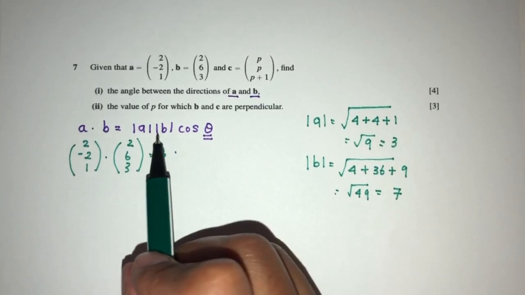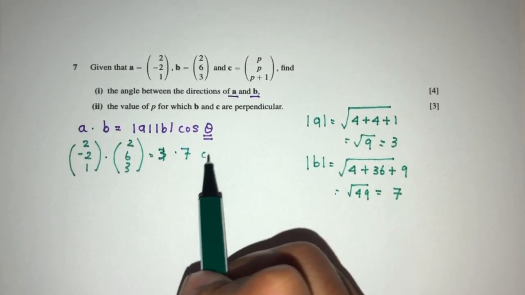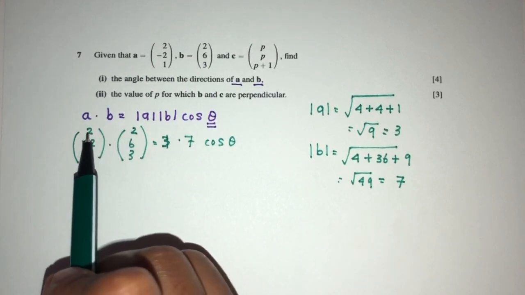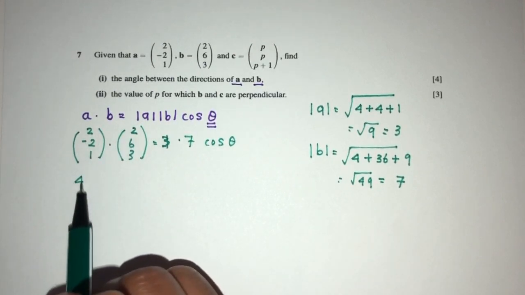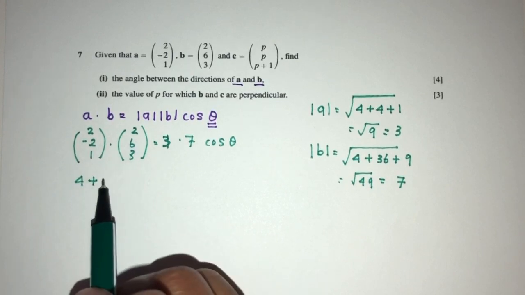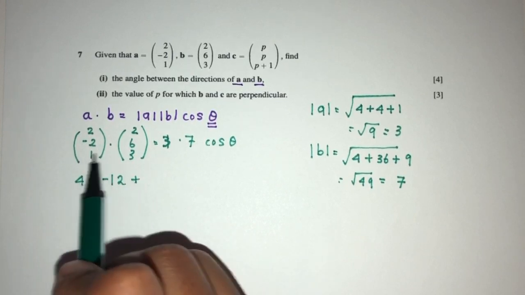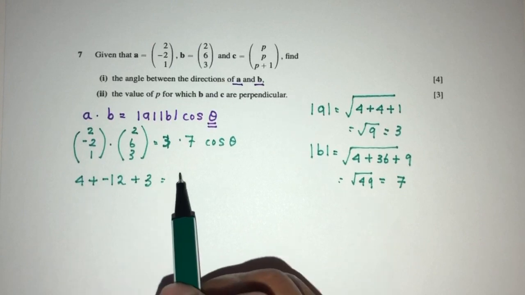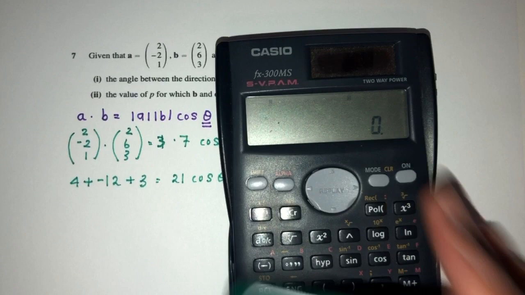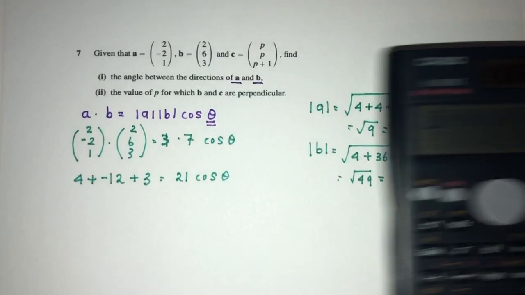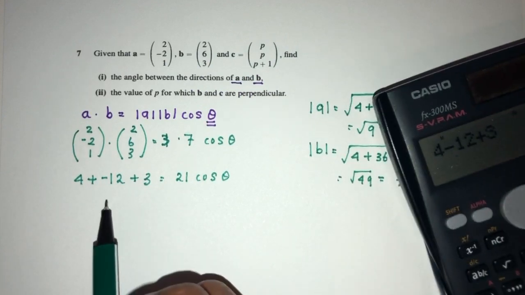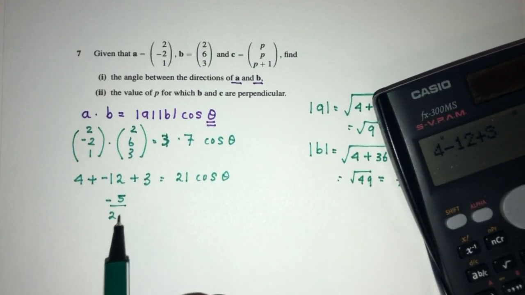and 4, and B will be 7, and cos of theta. Now simplify, so here we have to do dot product, so 2 times 2 is 4, plus obviously -2 times 6 will be minus 12, plus 1 times 3 is 3, and that should be 3 times 7 is 21, cos of theta. Now always double check, so 3 times 7 is 21, indeed. So here we have 4 minus 12 plus 3, that will be minus 5, divided by 21,